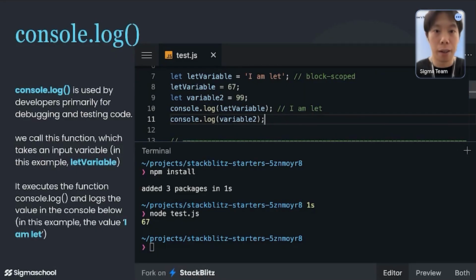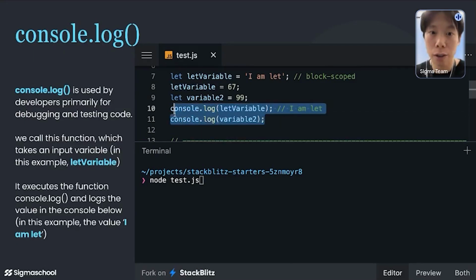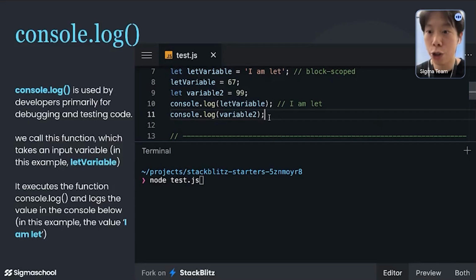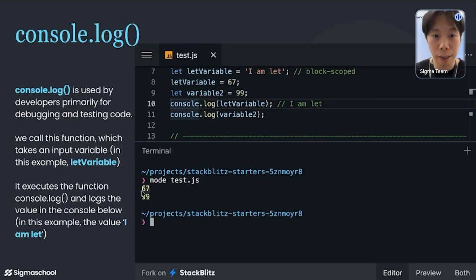When I save this and run the code, because I now have two console logs, it's telling the code editor I want you to print out in the terminal. How the editor works is it runs the code line by line. Because console.log let variable runs first, it will print out let variable, and then it will print out variable 2. So if I run this code, you can see it prints out 67 first, and then 99.